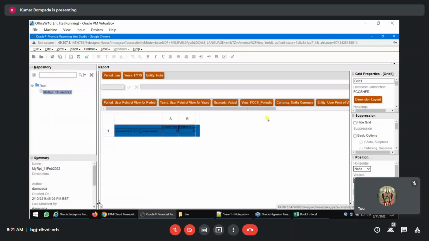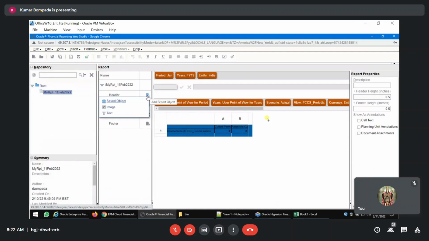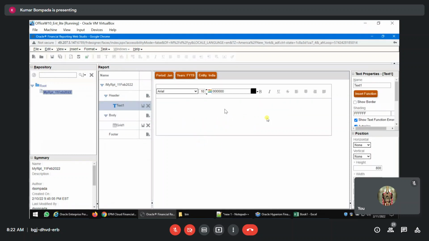Now same thing, we'll put the heading here. Now expand this one, expand this one. See, for heading they have given a separate header. Click on this here, text. Yes, you can directly type here. CURRENT,